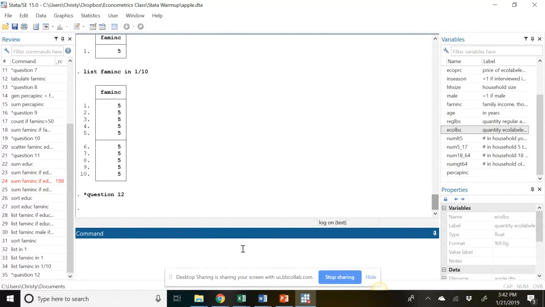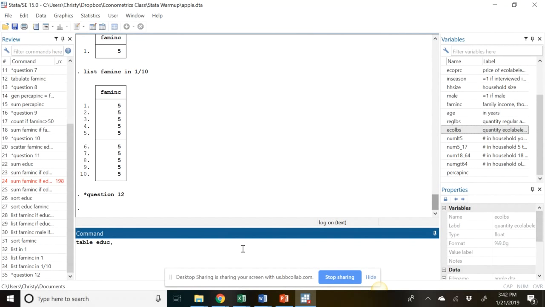Okay, so I'm giving you the command. I don't have it in this document, but I'm going to give you the command for this table. Otherwise, I think it would take forever to actually figure it out since you haven't used the table command before. So we're going to type table, and then I'm going to follow it with educ. What we're doing here is, it says we want to know the average amount of regular and organic apples that would be purchased, as well as the average prices quoted by education level. So I'm going to do a table by education level. So table educ,